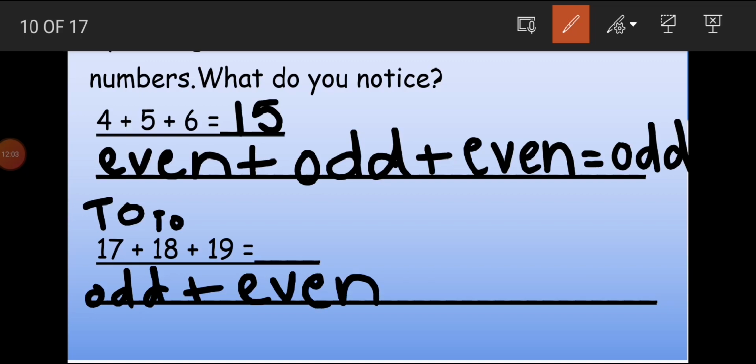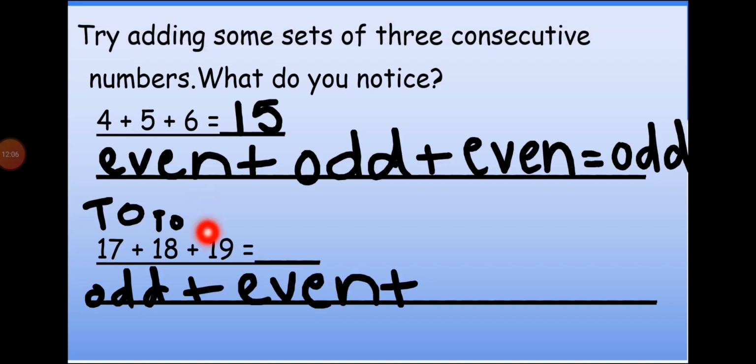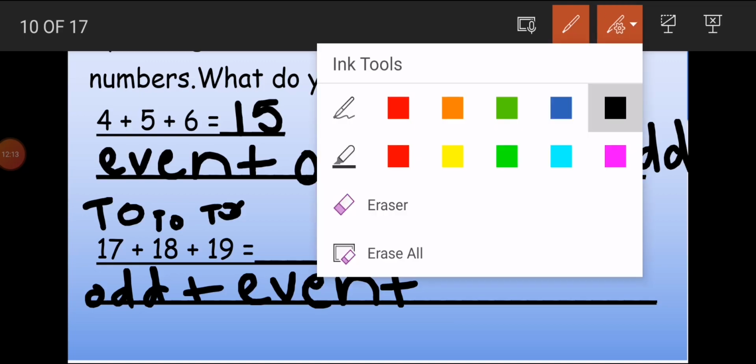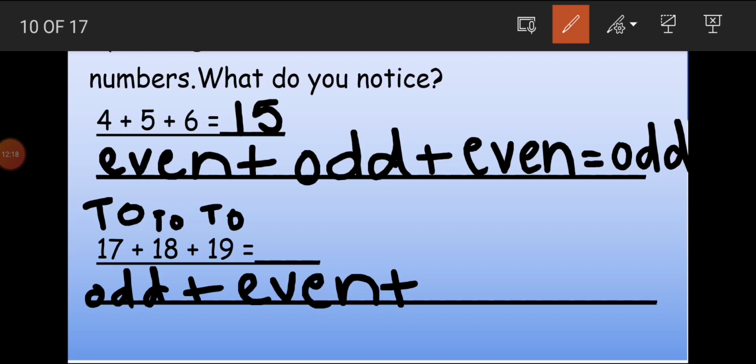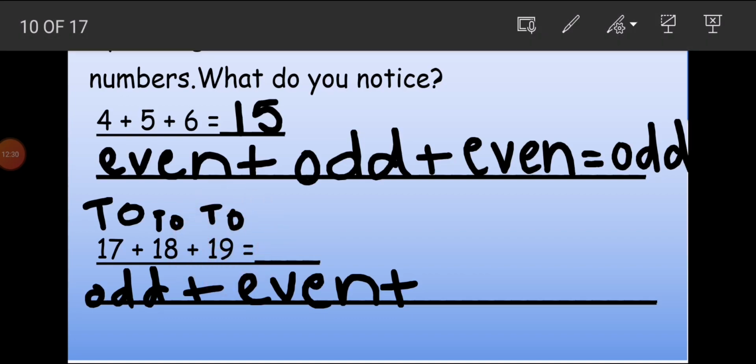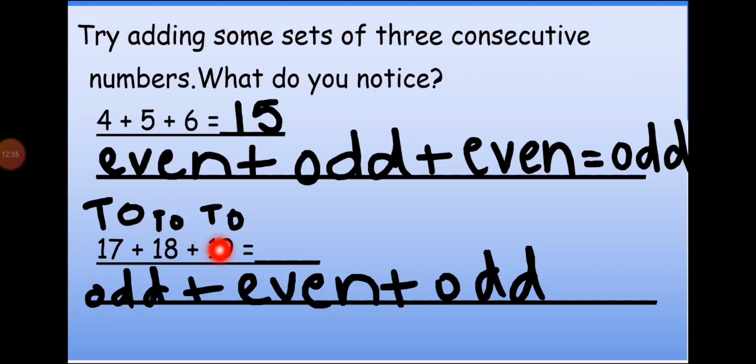Now the first number is odd, the second is even. Now check the third one, number 19. Again, put the place value first. O for ones on 9 and T for tens on 1. So 9 is on the ones place. The digit 9 is an odd number because we cannot put 9 into pairs of 2. So 9 is an odd number, which means the whole number 19 is an odd number. So look at the pattern: odd, even, odd. We are adding odd, then even, then odd.